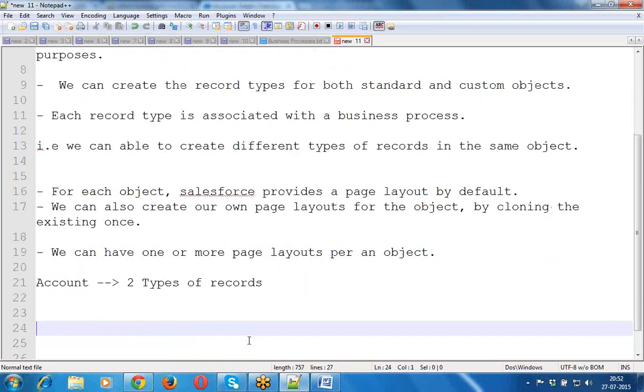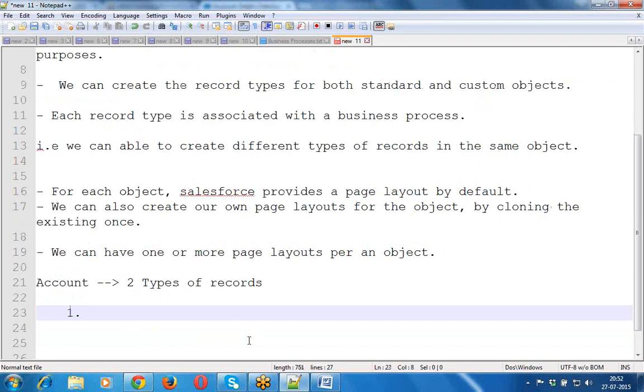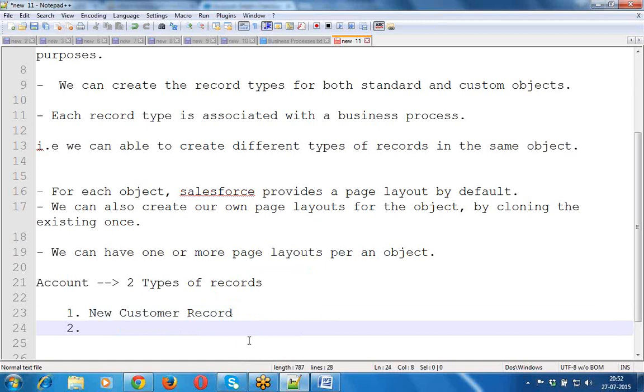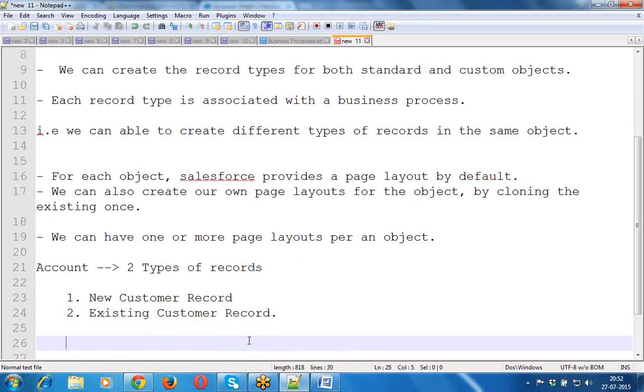The first one is the new customer record, and the second one is the existing customer record. These are the two types of records I want to provide. In this page layout, for the new customer record, I want to use a separate page layout.